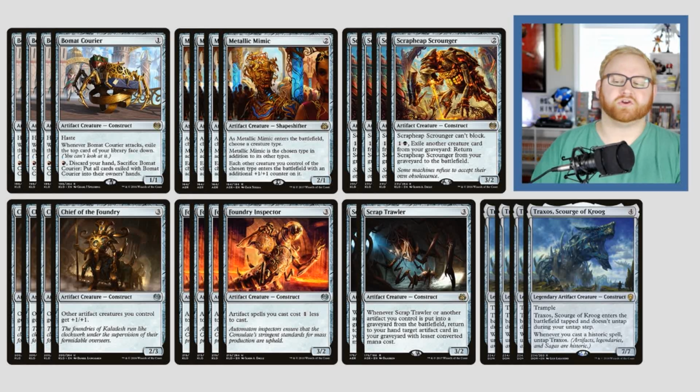Let's jump right into the creatures, guys. We've got 4 Burmat Courier, 4 Metallic Mimic, 4 Scrap Heap Scrounger, 4 Chief of the Foundry, 4 Foundry Inspector, 2 Scrap Trawler, and 4 Traxos, Scourge of Krug. A lot of really powerful artifacts and also Constructs in the list here, except of course for the Metallic Mimic once it's cast. The Courier here is just giving us great value